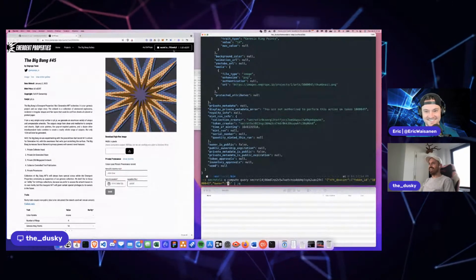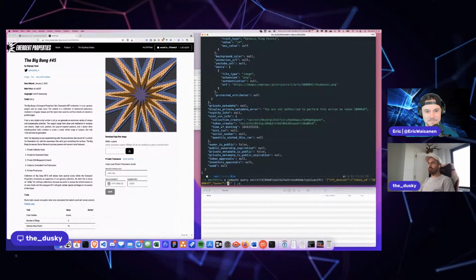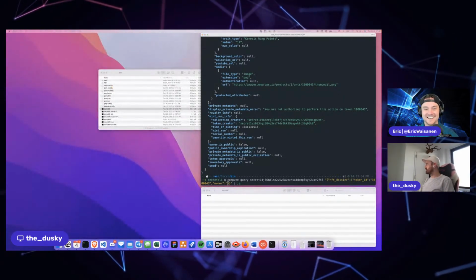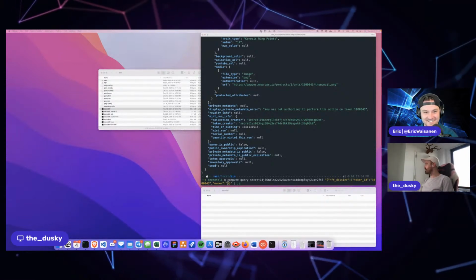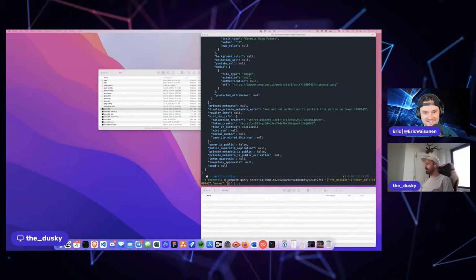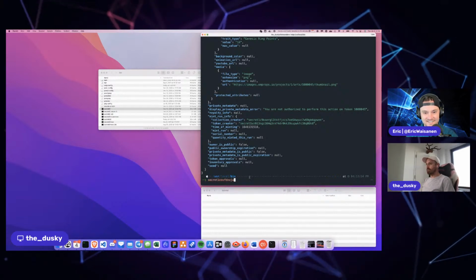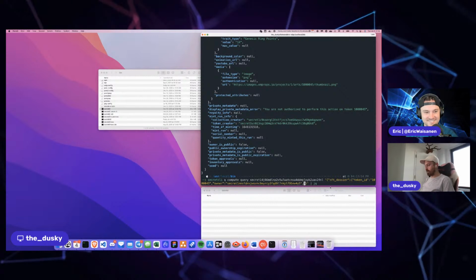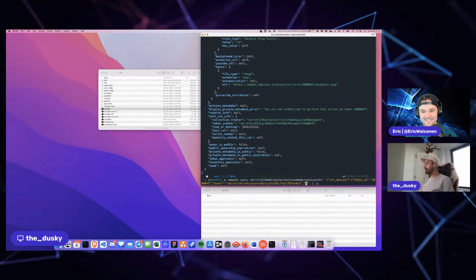And I'm going to get my wallet address. I'm going to do this over here because I don't want everyone to look at my balance, but I'm going to go to Keplr and copy my actual wallet address. I'm going to dox myself here, but that's okay because I don't do anything crazy anyway.